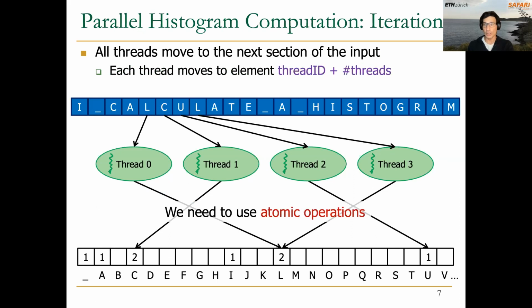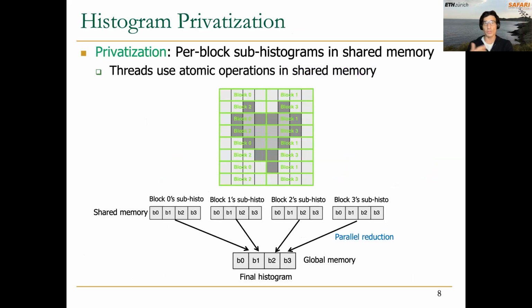When computing histograms in parallel, we need to use atomic operations. And the problem with atomic operations is that they cause serialization. We need to use atomic operations because we will typically have multiple threads accessing the same histogram. If we want to deal with the drawbacks of serialization, we can apply different optimization techniques. For example, privatization that essentially assigns one local histogram or a subhistogram to a number of threads, for example, a